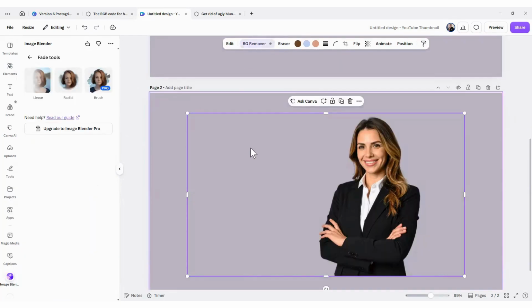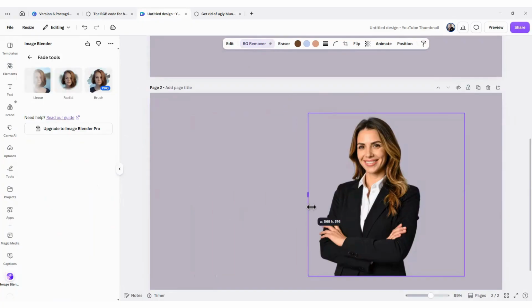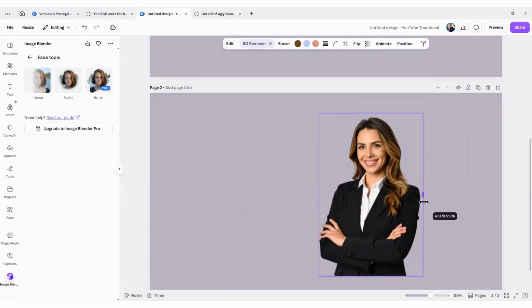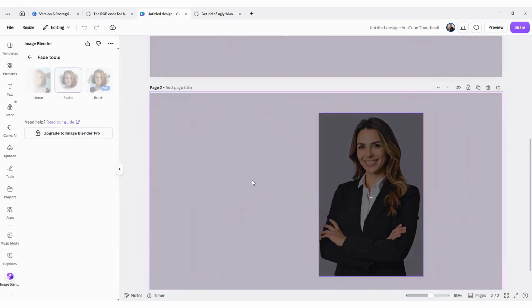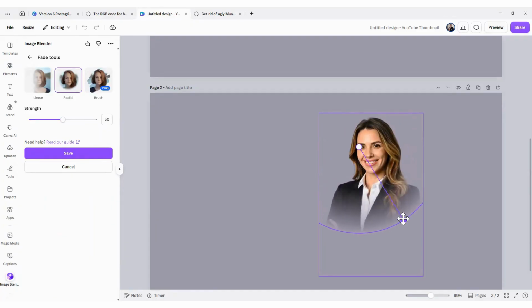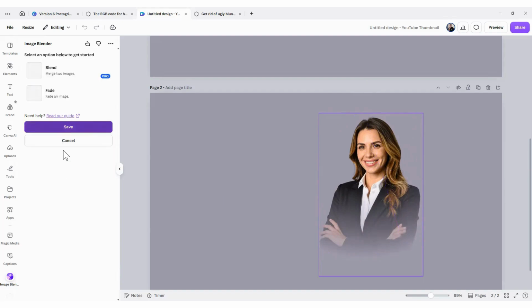We're going to remove the background again, and we're just going to size this in a little bit like so. And we're going to go to radial, and we're going to position it, and we're going to decide how we want the crop to be, or the fade to be, like this, and we'll click on Save.